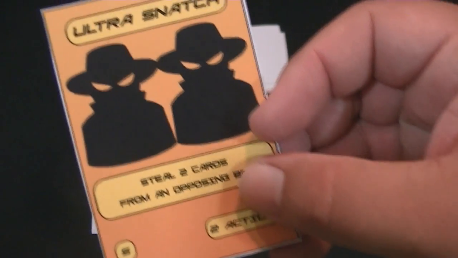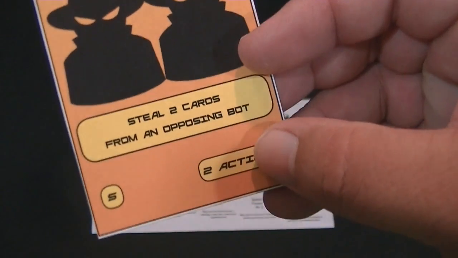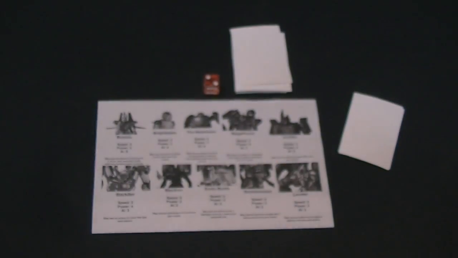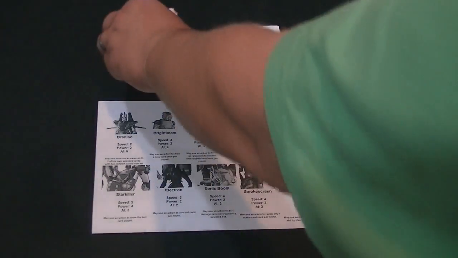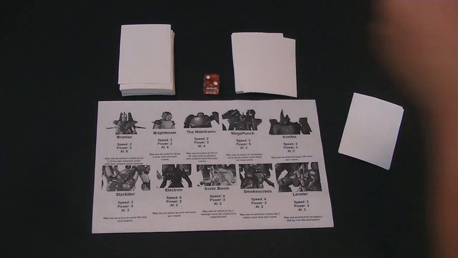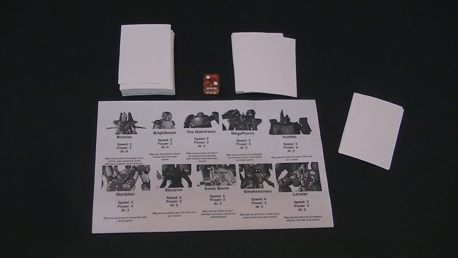You can see here, Ultra Snatch: steal 2 cards from an opposing bot. And so that would be your entire turn with your 2 actions if you used that particular card. Now, I mentioned planetary cards, and really briefly, planetary cards are a planetary effect. They cost an action to use. You can draw them, and then they have a planetary effect that can affect other bots